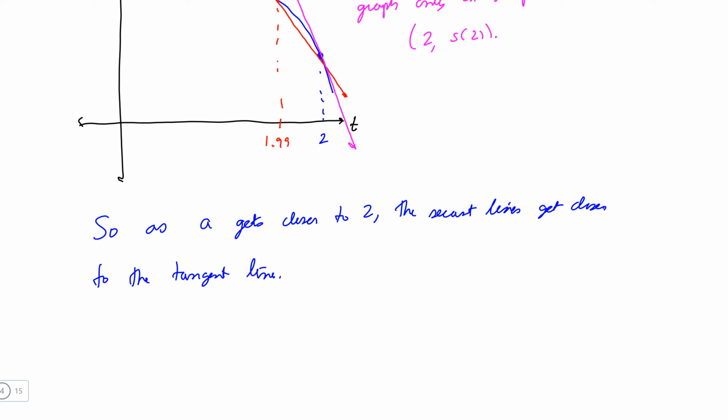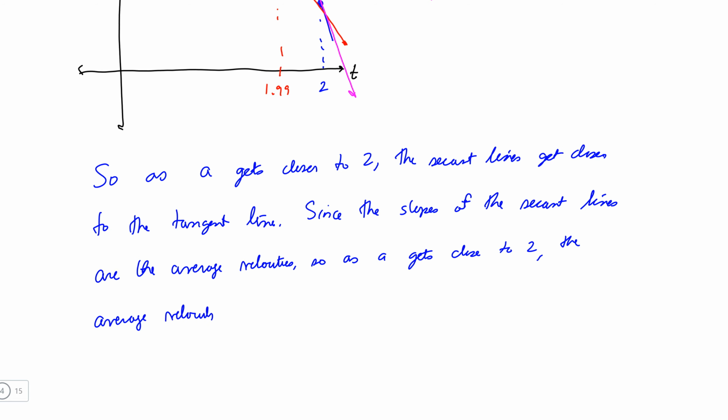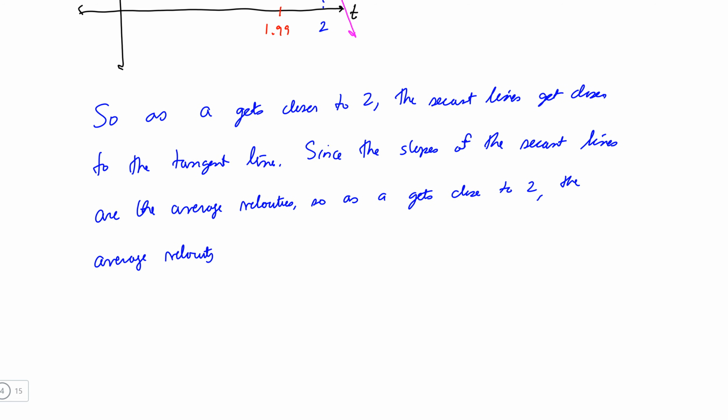But we also know the slopes of the secant lines are our average velocities. So as A gets close to 2, the average velocity